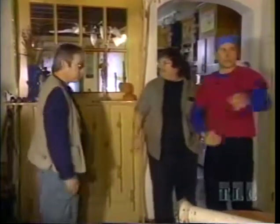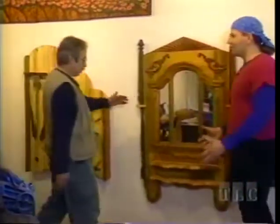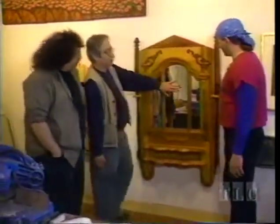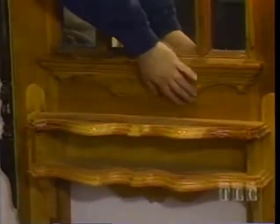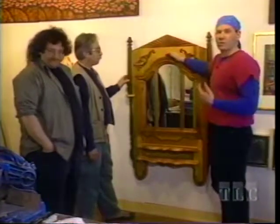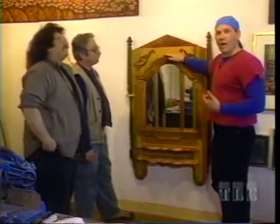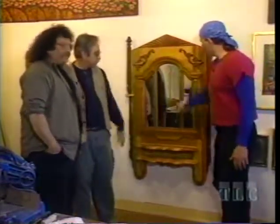Let's go over and take a look at some of this other stuff. Now this I like. It's a half a door. Right, the upper half of a door. I took the glass out, put the mirrors in, some other wood trim I found, cut the shelves out to match the bottom of a door. You made a little relief. And this door is like a typical example of what they call a South Philadelphia door. Ed and I grew up in South Philadelphia. And all the row houses used to be lined with these doors. You find these outside all the time. And usually had the bevel glass with the...